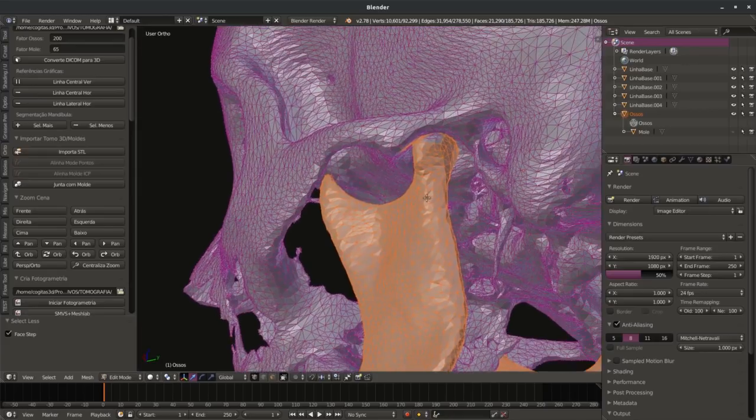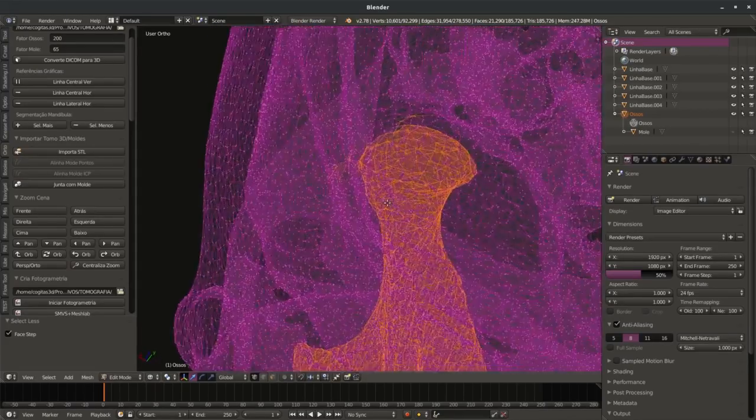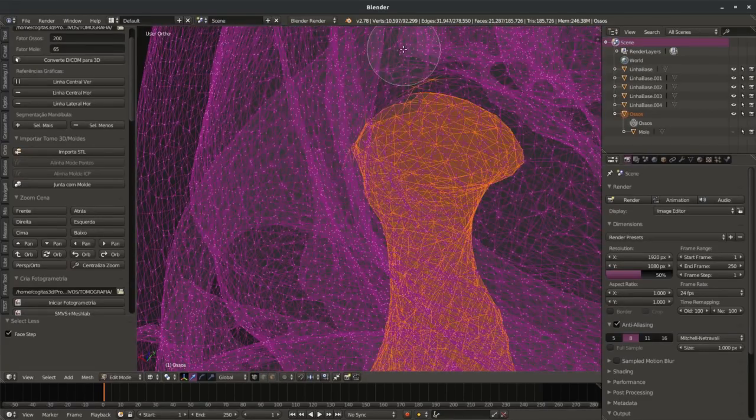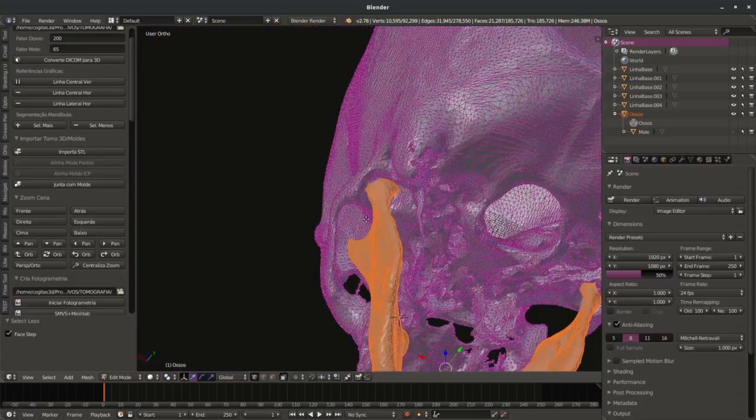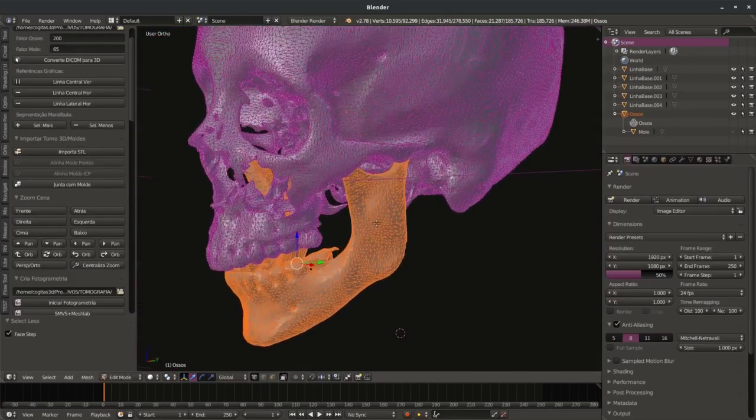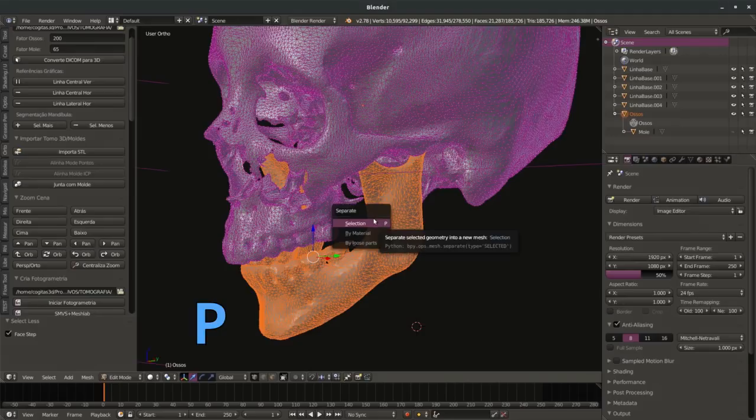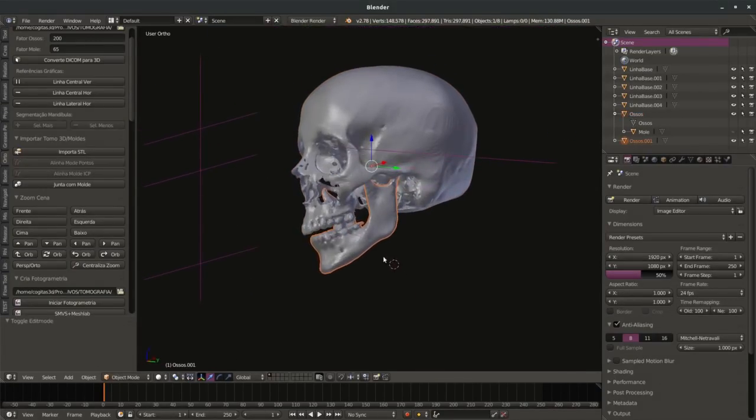Okay, now here is a part that I can deselect too. Okay, now I can separate it with P and the selection option. Now I have the mandible